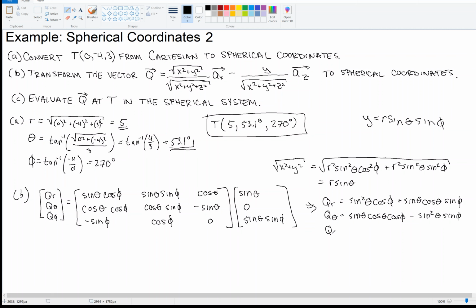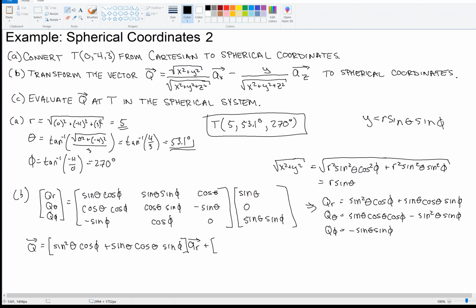and then the phi component, that's row 3 times the column. So we've got minus sine theta sine phi, right, and then 0 and then 0. So that's it. So let's be precise here. The vector field now, Q, is, and it's going to be this long guy, but that's okay. I'm just basically copying it again. Sine squared theta cosine phi plus sine theta cosine theta sine phi in the r direction